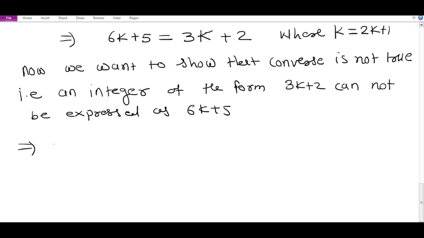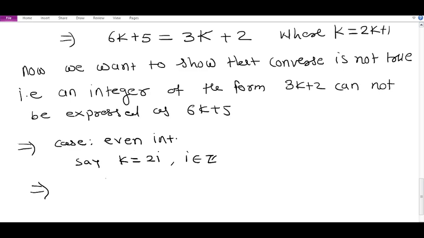take the case of an even integer. Let's say k is equal to 2i, for some integer i, since an even integer can be written in the form of 2i. So 3k plus 2 can be written as 3 times 2i plus 2, which is equal to